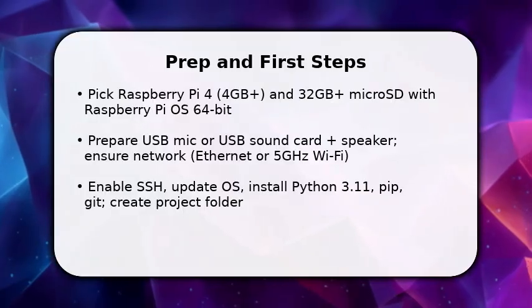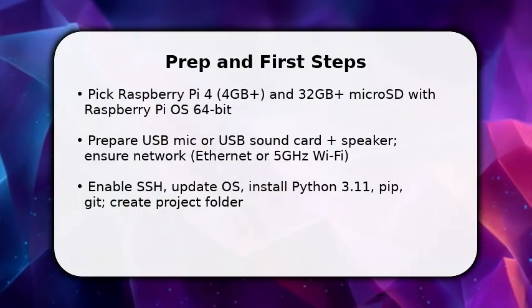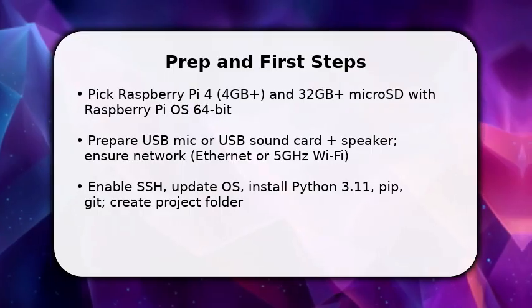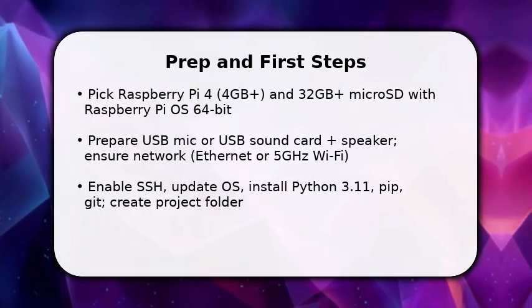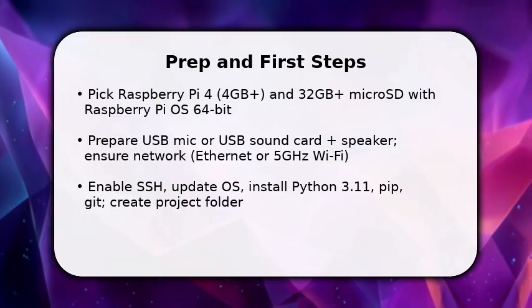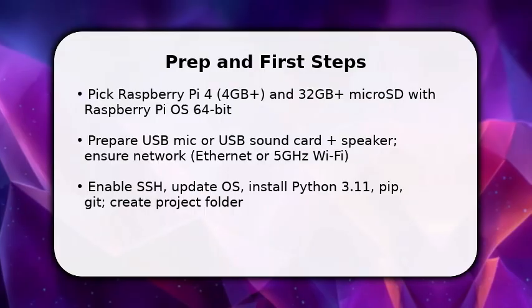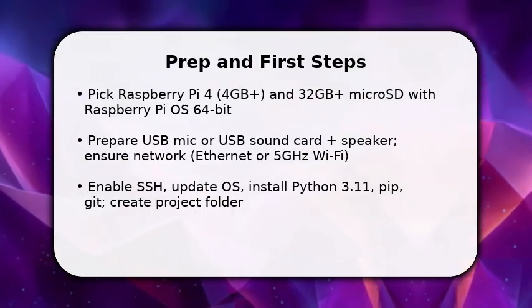You start by prepping hardware and getting a reproducible base. Flash Raspberry Pi OS 64-bit to a 32 GB plus micro SD, boot, enable SSH, and connect to network. This saves time later. Once done, update the OS and install Python 3.11, pip, and Git so you can install